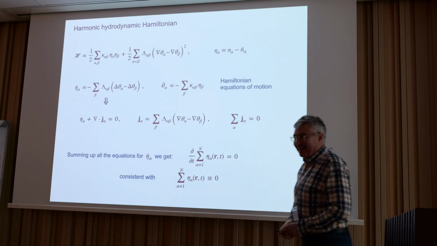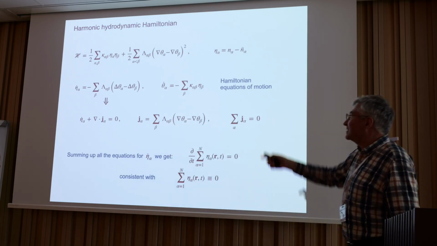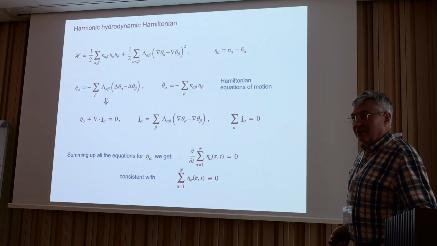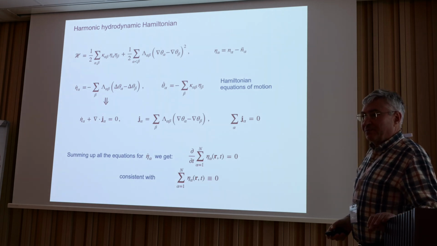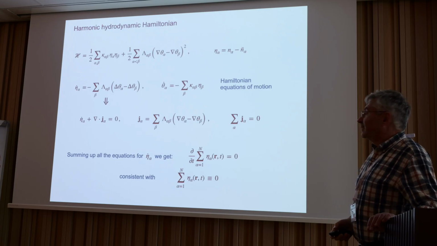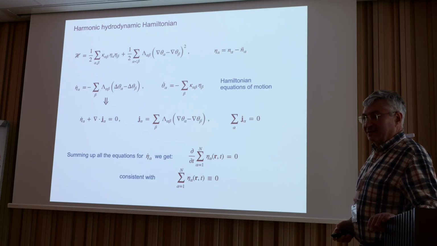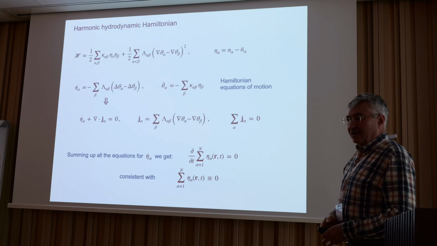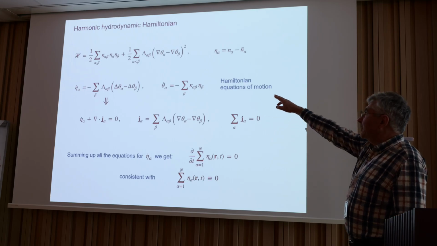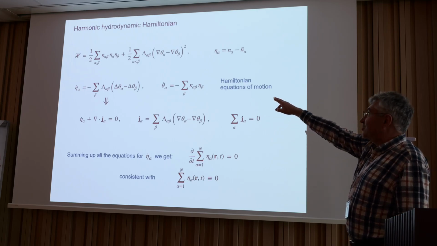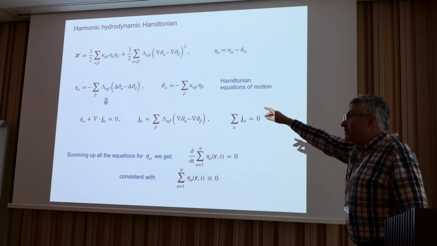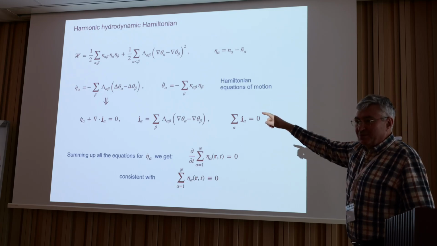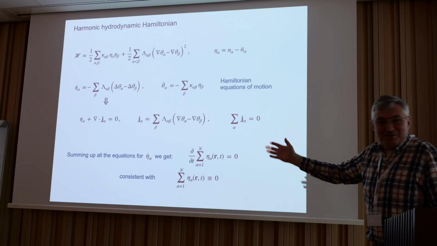Physics changes. No, the physics doesn't change because Lambda alpha beta is not symmetric. The key thing is that there are no gradients of the phase sum. You're dropping it out, so you can add and subtract. Look at this expression. I can replace the asymmetric lambda with lambda tilde, which will be symmetric. This is the standard property.